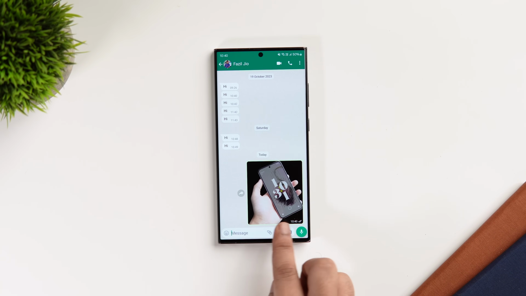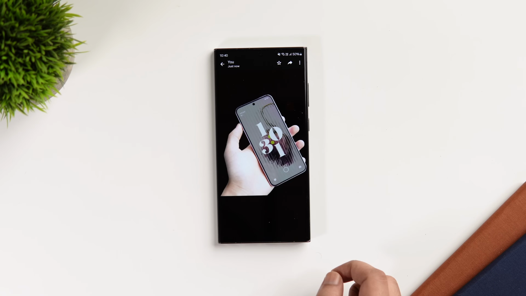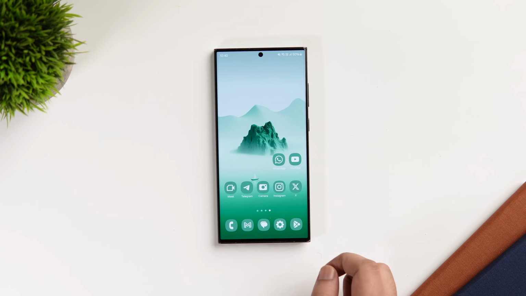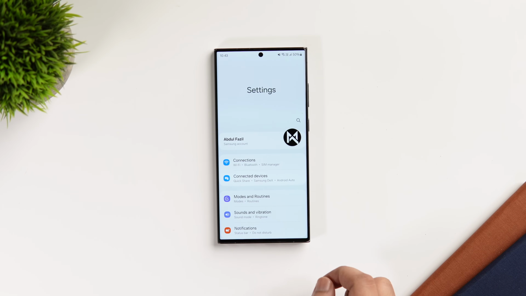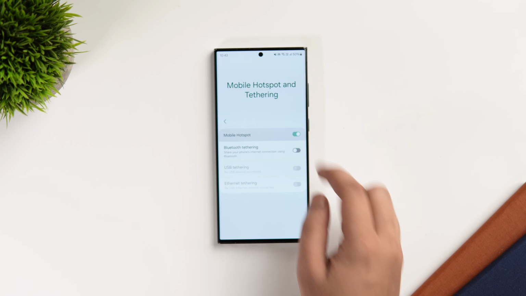So these are some use cases for the drag and drop feature. Instead of just copying and pasting the text, you can do a lot of amazing things on your phone by using this simple feature. Next, if you go into settings, connections and select mobile hotspot, here if you scroll down,